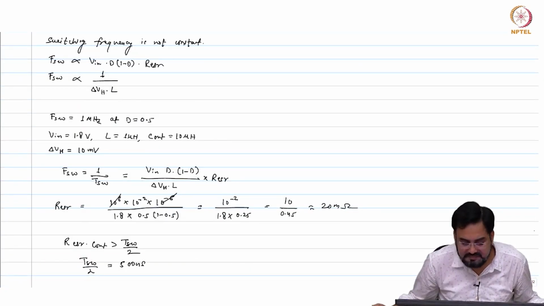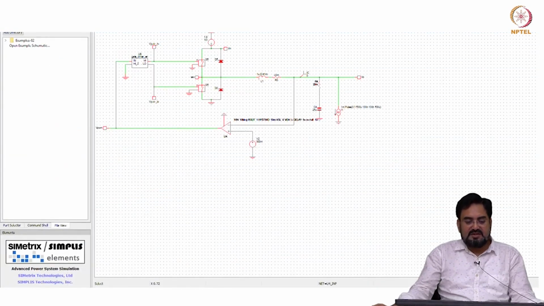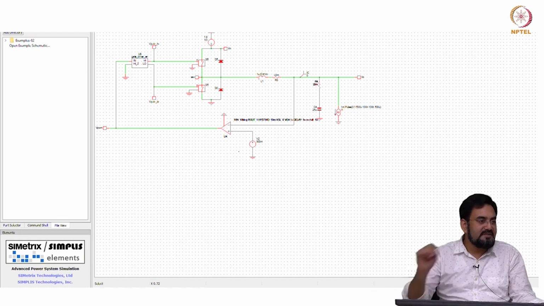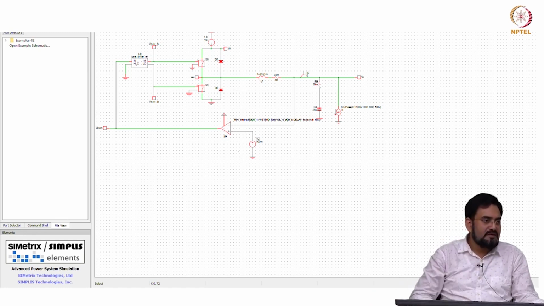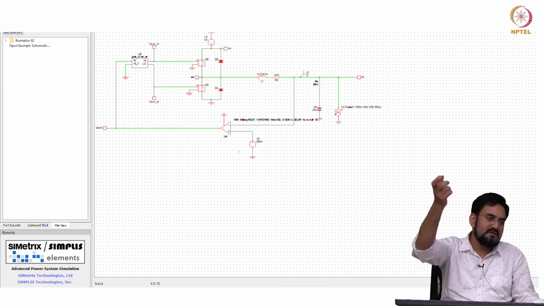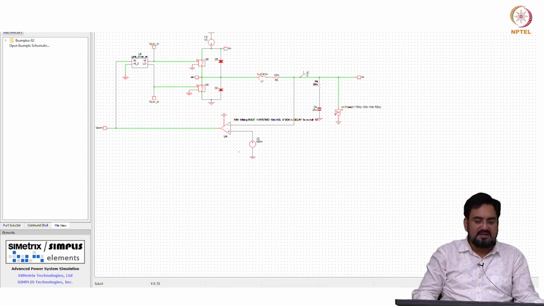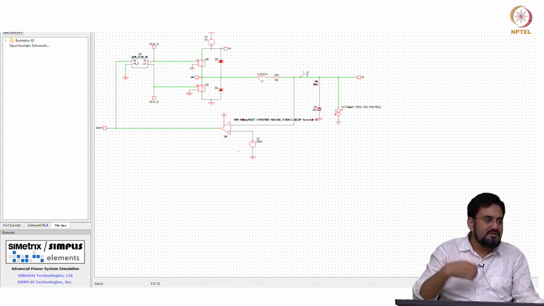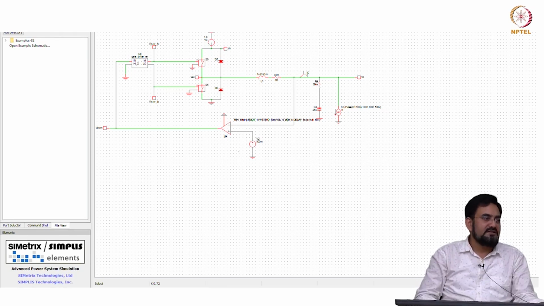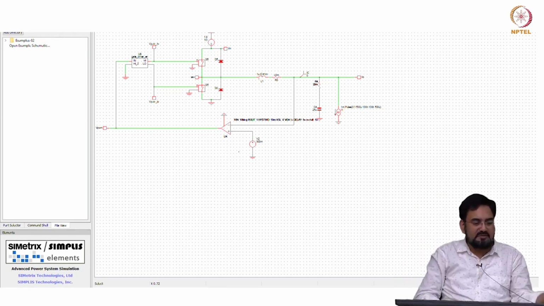What about the noise? So if you look at this, the comparator is limiting the output between plus minus delta VH by 2, and if we define peak to peak ripple 10 millivolt, then we have only room of 5 millivolt on the higher side and 5 millivolt on the lower side. Now let us say my load is switching. When the load is switching, it will create random noise in the output. So at any time your comparator might trip, if it tries to cross that window.